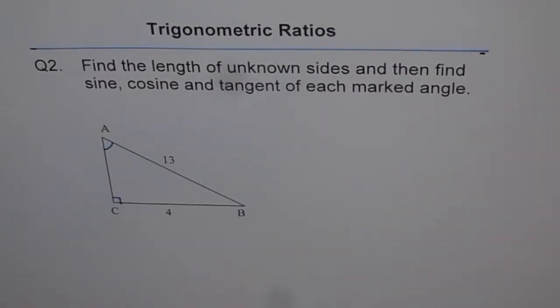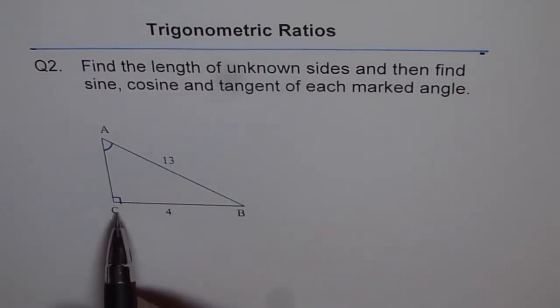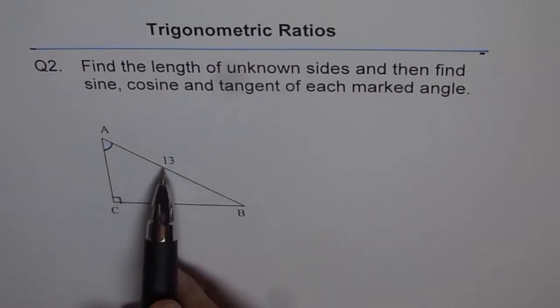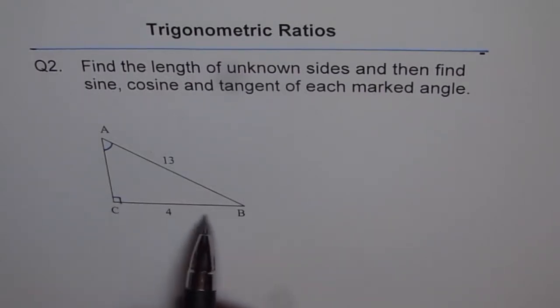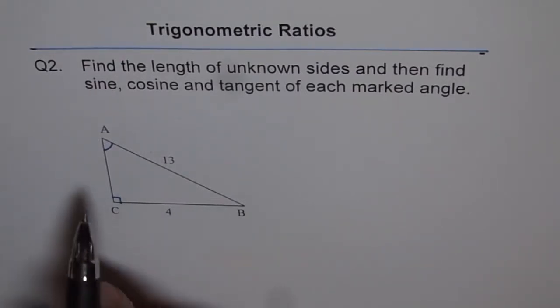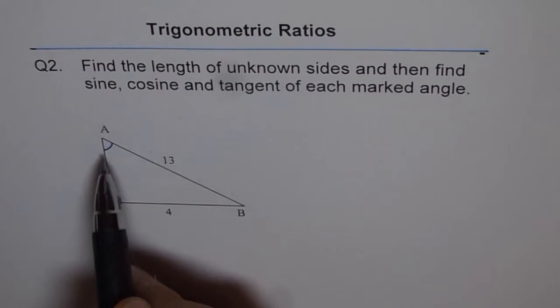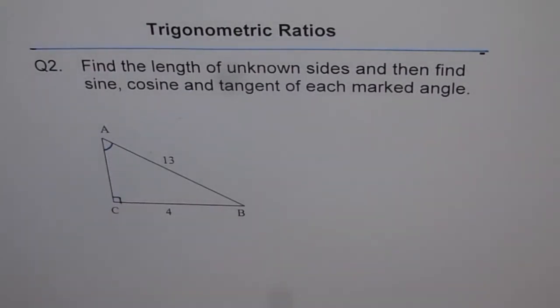Trigonometric ratios, question 2. Find the length of unknown sides and then find sine, cosine and tangent of each marked angle. So we're given a right triangle here, triangle ABC, where C is 90 degrees, and we are also given a hypotenuse of 13 and one of the sides as 4 units. So we need to find the third side, which happens to be adjacent to angle A, and then write trigonometric